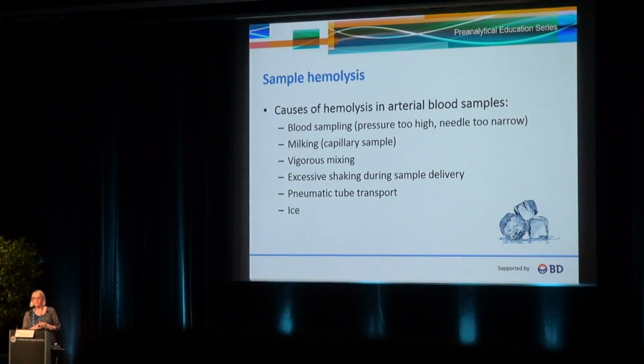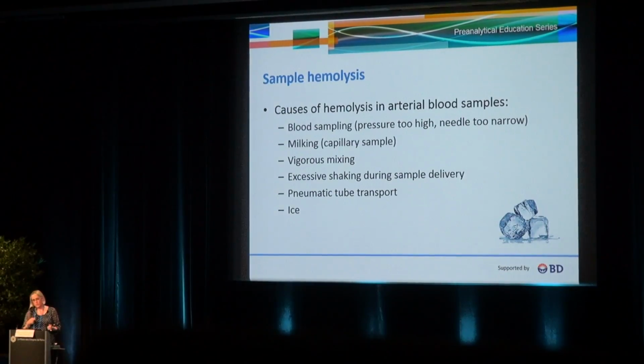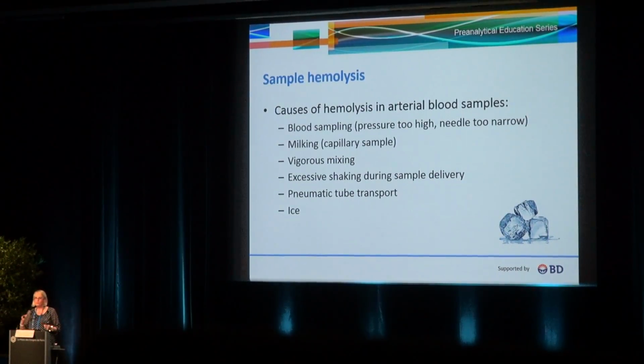Sample hemolysis. Anna has already been mentioning hemolysis. Causes of hemolysis in arterial blood samples are numerous, and the most common causes are due to poor blood sampling technique. You either apply too high pressure, if you don't have those self-filling syringes and have to pull the plunger manually and apply pressure which is too high, or your needle may be too narrow, so again you have high turbulence during the blood sampling. If you do milking during the capillary blood sampling, you will again have hemolysis. If you do vigorous mixing instead of gently mixing your sample,